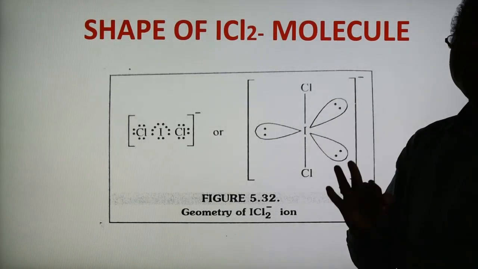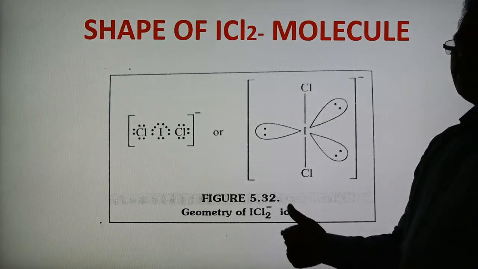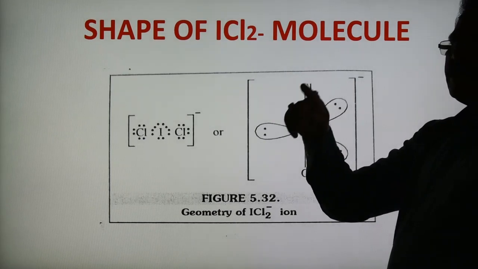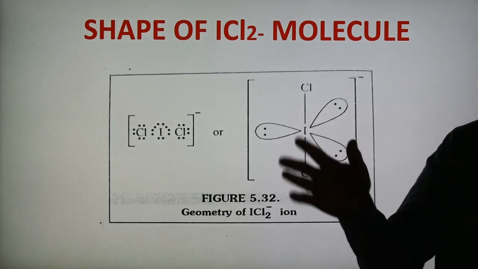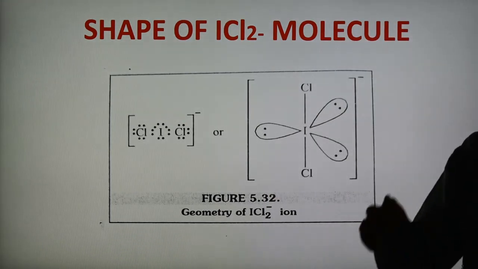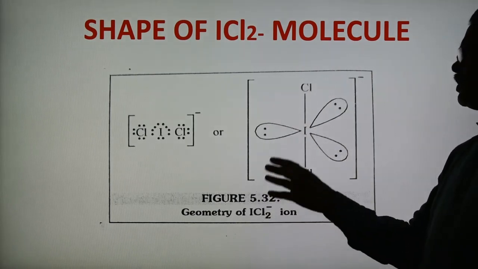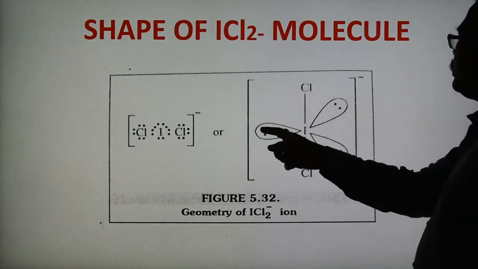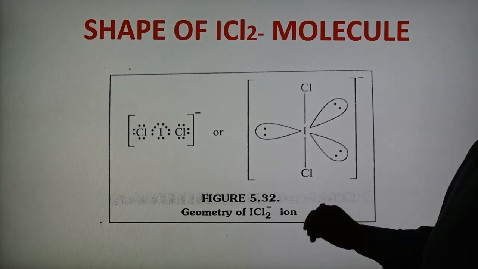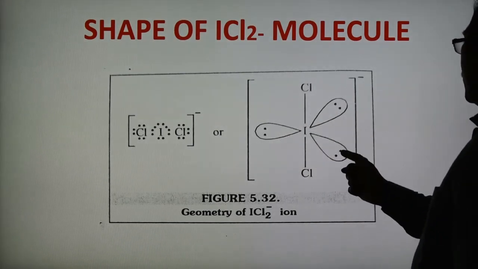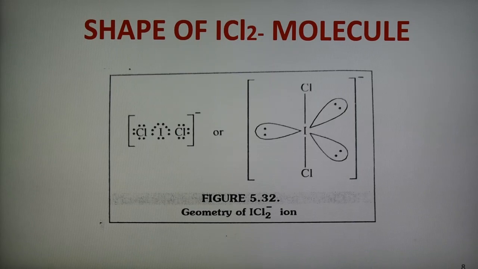Again, now we can write there are 3 lone pairs of electrons. There may be 3 possibilities of placing the 3 lone pairs in trigonal bipyramidal geometry: 2 at axial position and 1 at equatorial, 2 at equatorial and the third at axial position. But in case of trigonal bipyramidal geometry, when all the 3 lone pairs are placed at the equatorial positions they have minimum repulsion, and it is the most stable structure. So the 3 lone pairs are at equatorial positions, and therefore the geometry of the ICl2 minus ion is considered as linear geometry or linear shape.